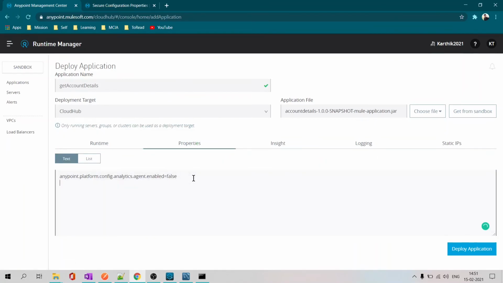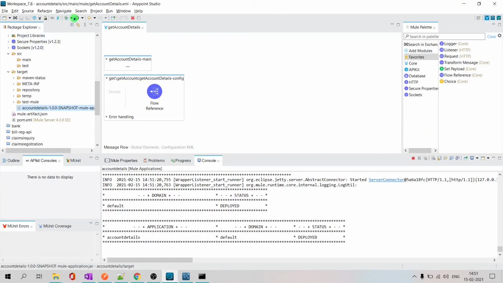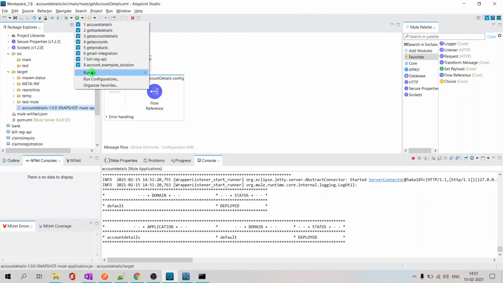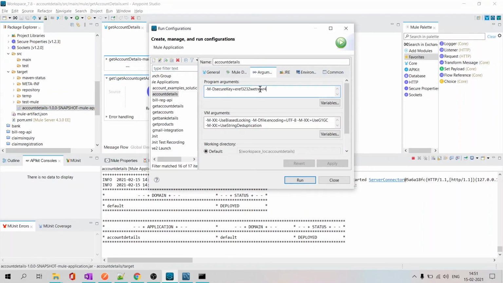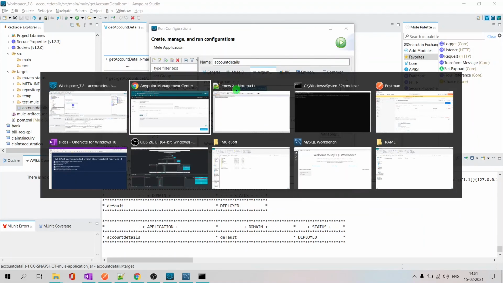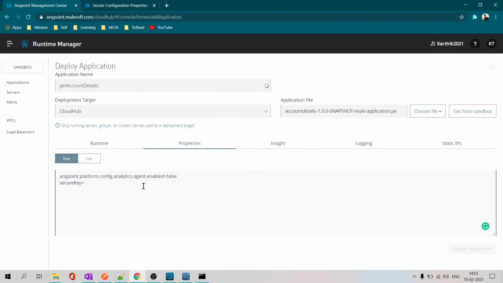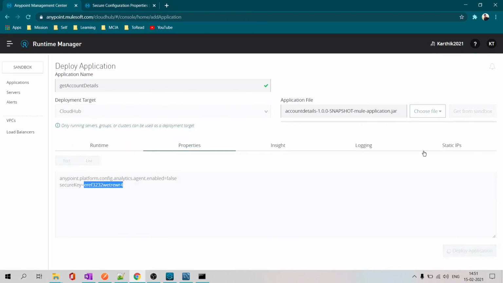Properties. This is property secure key equal to the value. Yeah, let us deploy. See, we are entering the property as plain text. We'll see that after the deployment.